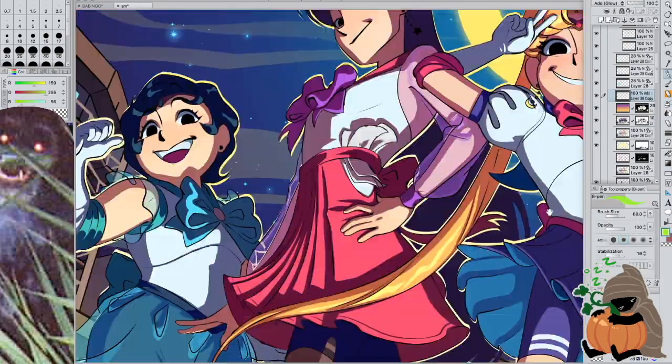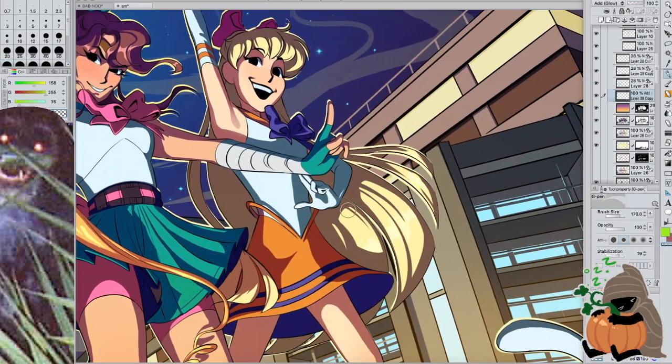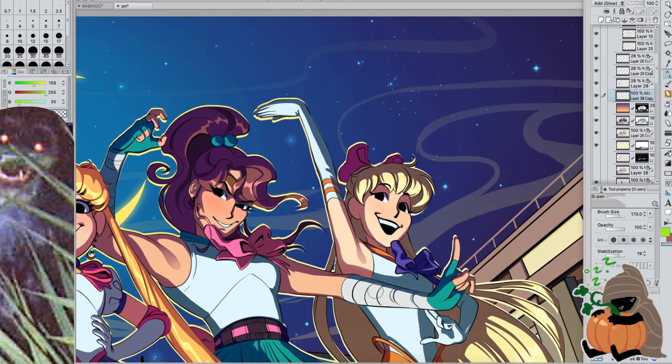Also little bits of shine on her shoes. The shoe shines were real fun, they were really fun to draw. Oh, that's what annoyed me too. All of these highlights on